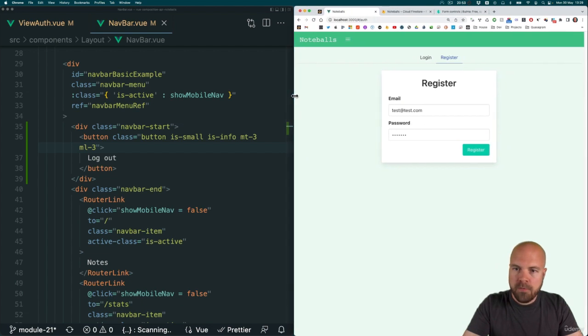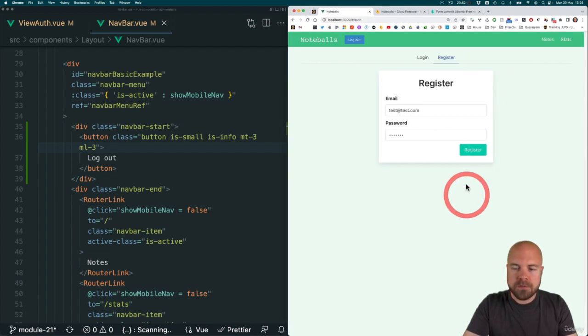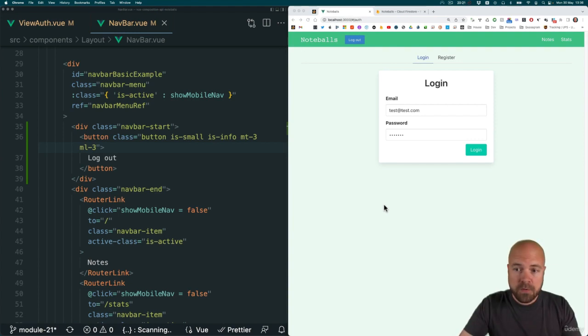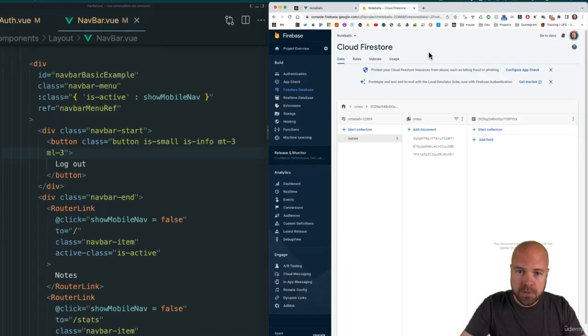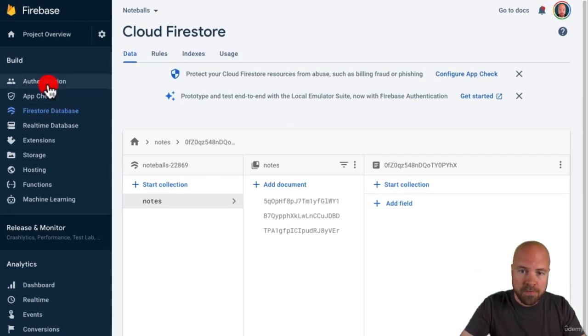So we now have everything we need in terms of elements to handle authentication. So our users can register, log in, and log out. Okay, let's enable authentication on Firebase and hook our app up to Firebase authentication and create a new Pinia store for handling authentication. So let's jump back to the Firebase console, and we're going to click on Authentication